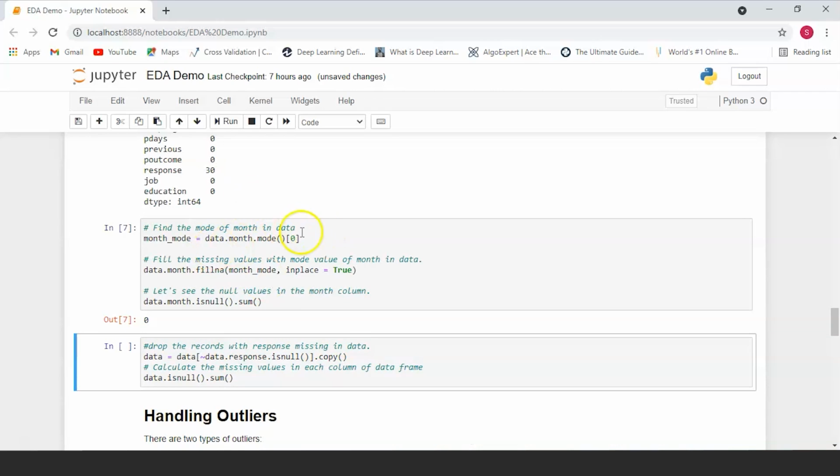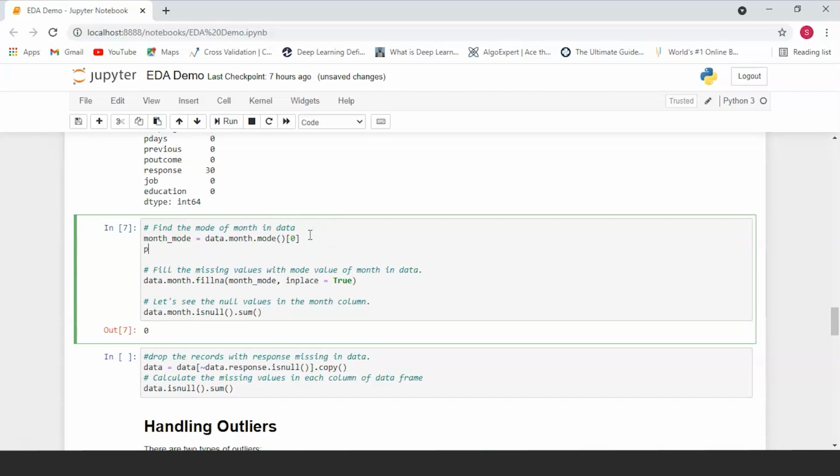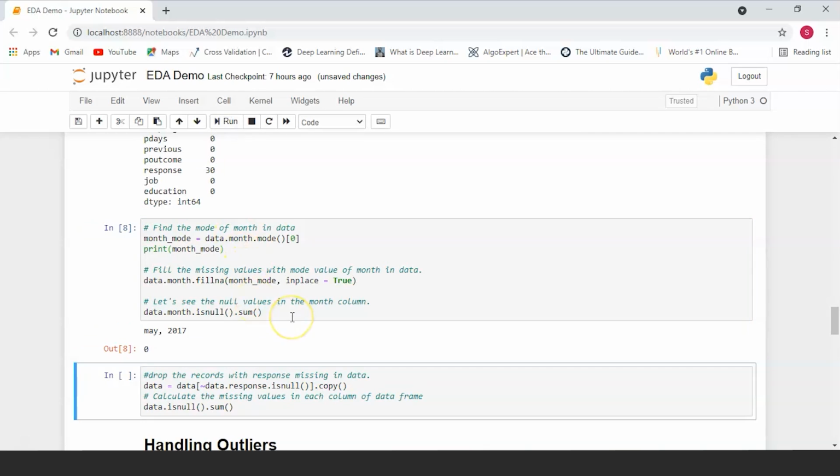So you can't see the mode here, just one sec. Let's print the mode. The mode is nothing but the most commonly occurring value in our data. So in this case, the value which occurs most frequently in our month data column is the month of May 2017. So that's the value that we'll be using to replace all of the missing values in the month column.